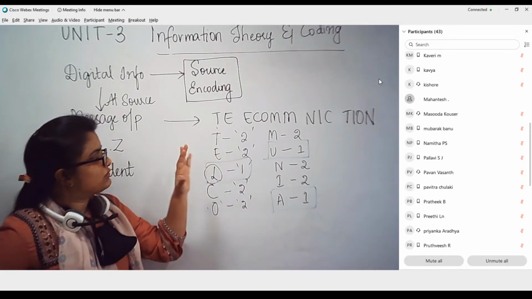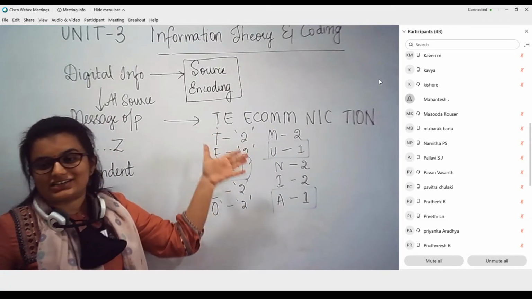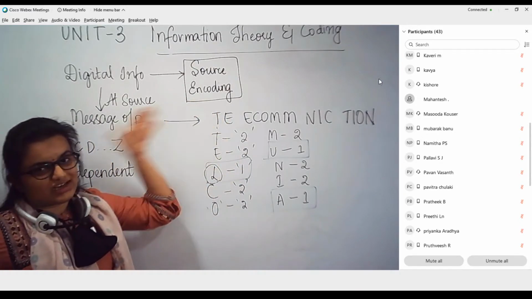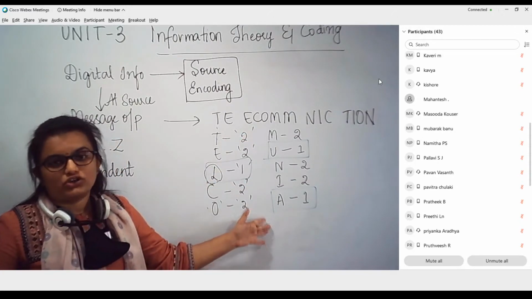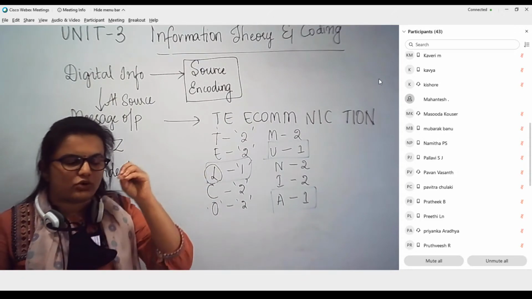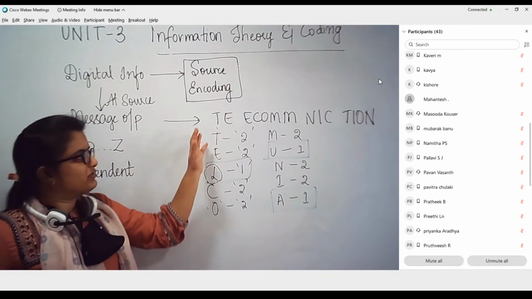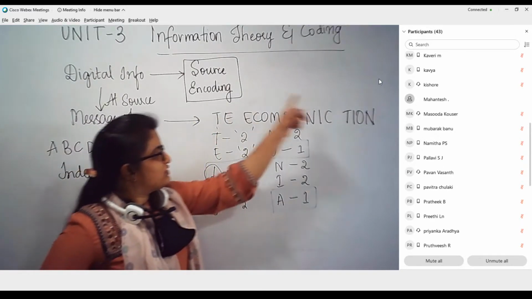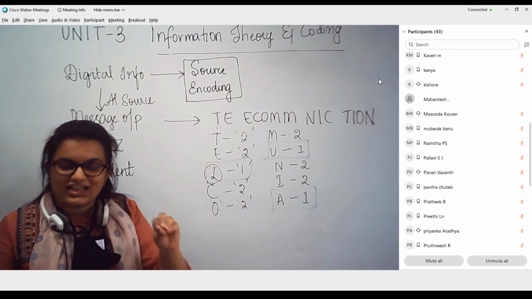We are going to use some mathematical analysis on the informations which are generated by a discrete source, and we will try to incorporate what is called as source encoding by removing the redundancy in the information. So what is meant by redundancy? It's a calculated redundancy. I mean, we are going to ensure that while measuring the redundancy, that does not mean we are neglecting the message. Rather, we are going to see how many repetitions are happening,